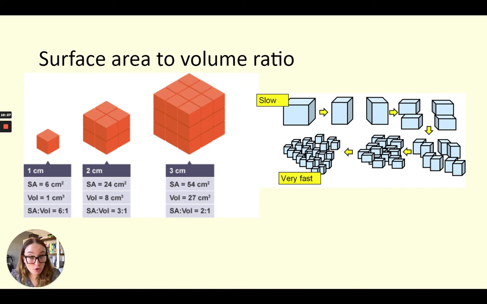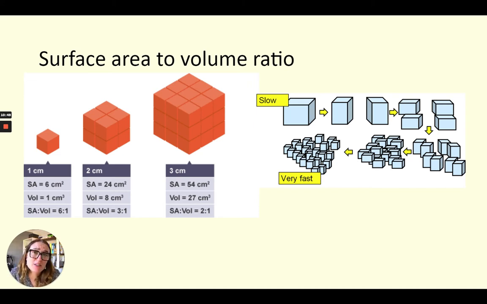The volume of that block is 1 centimetre cubed. That's because you do height times depth times width, or length, or whatever. And so you get a volume of 1. Now that means the ratio is 6 to 1. Now if I go to the slightly bigger block, you will see that the surface area in this case is